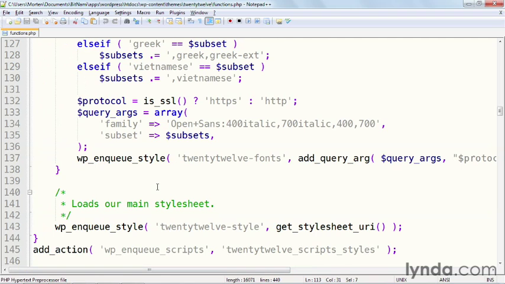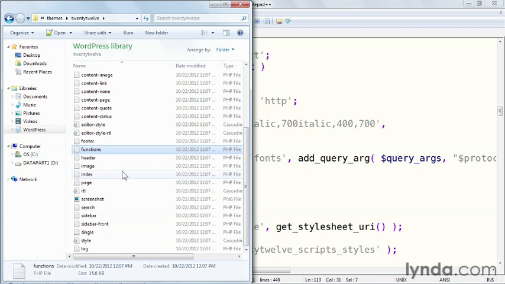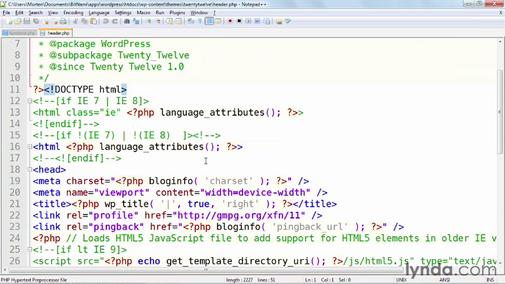So what does it mean when it says that a script or a style is enqueued? Well, it means that WordPress is calling it into the theme without specifying it in the header.php file or the footer.php file or anywhere else. For example, we can see here that the style for this Open Sans font is being enqueued. But if you go into the header.php file, you won't find any reference to the style sheet for this Google